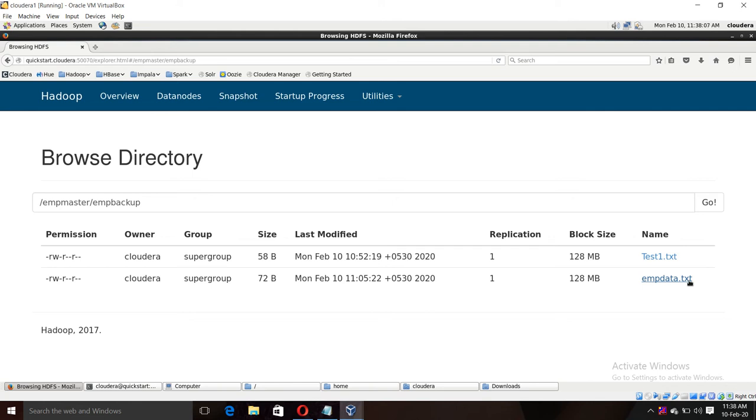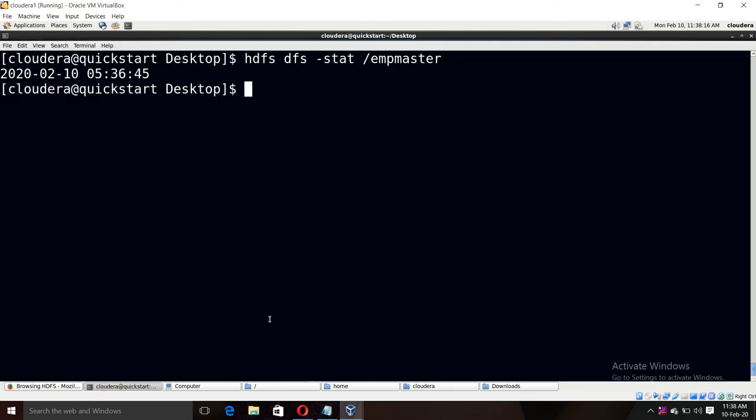Are you clear? I want to merge the files. So what we can do is hdfs dfs, the command is appendToFile,